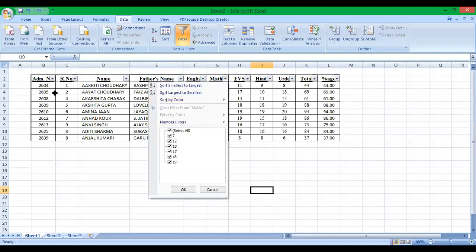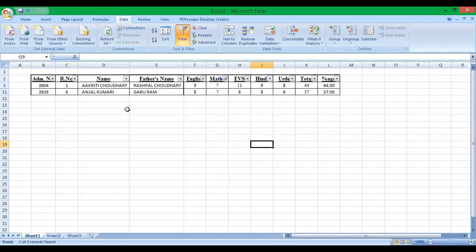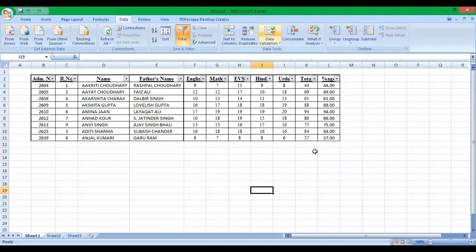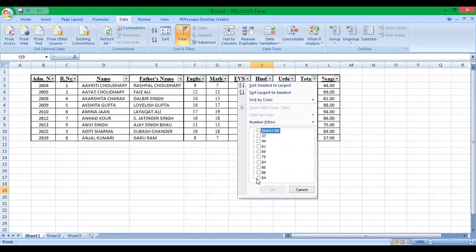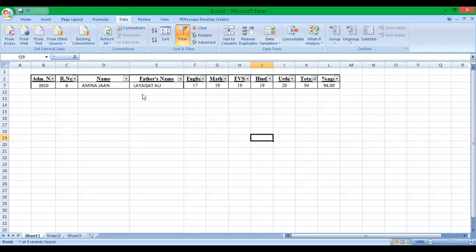Two girls are there with 7 marks, Akriti, Anjal. So this is how you can filter your data. Now who has scored the highest total? What is the highest marks? 94. Okay, Amina Jan. With this, I need not look through the whole data. I'll just filter the data, select what I want to see, and only those records will be shown to me.